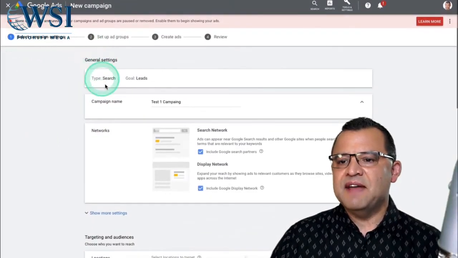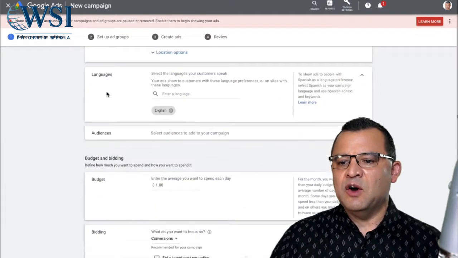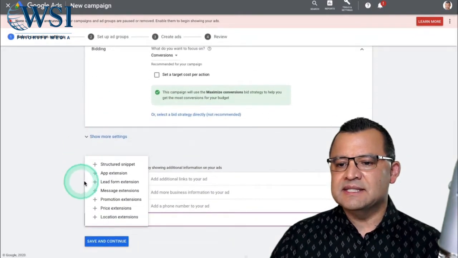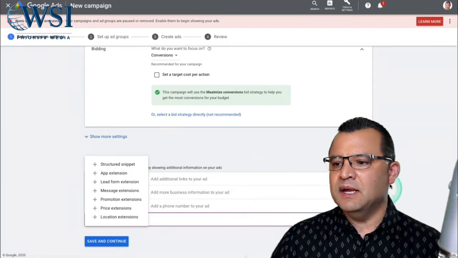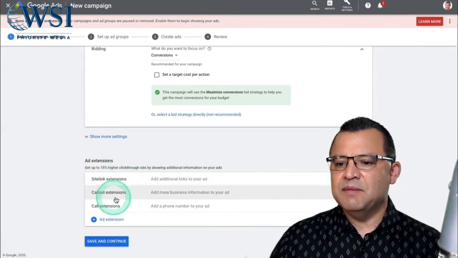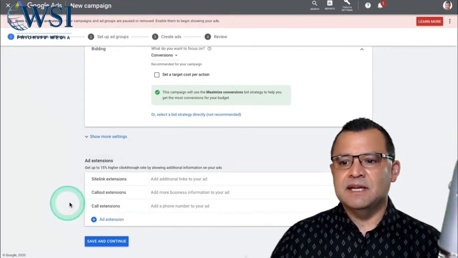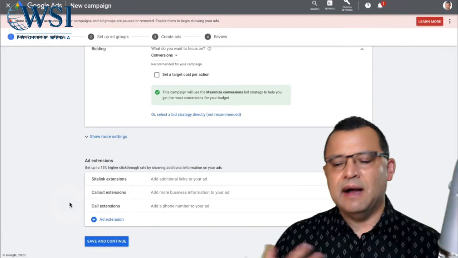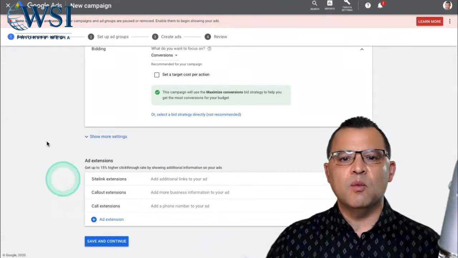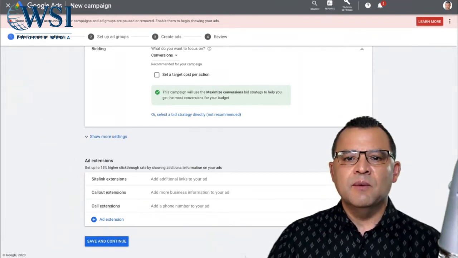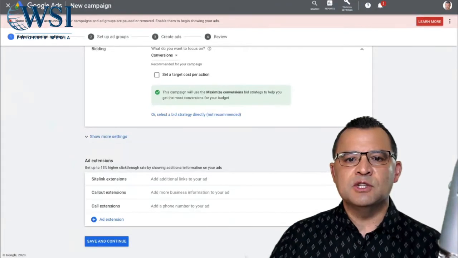When you're in phase number 1, they've now brought it in so that it's a step built right into here. So you have 3 of them that show by default, which are site link, callout, and call. And you can use some of the others right here, but people often say, when do I use them? How do I use them? What's the purpose? And they get overwhelmed and confused. So we're going to spend some time on that so I can make it super simple for you.